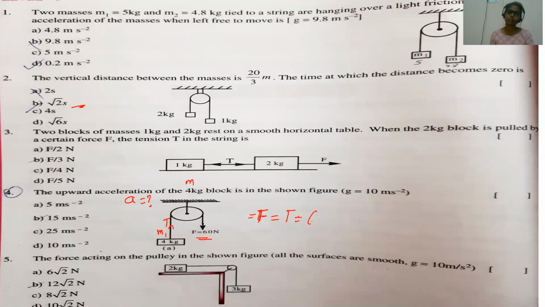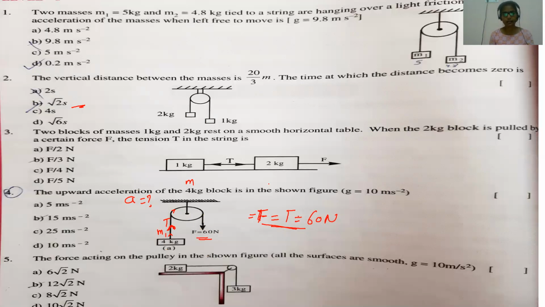You know how much force they've given? Here 60. So tension is also 60 newtons only. Understood why? Because same rope. What force we are pulling, the same force will be pulled from here also, and here also, any point on the rope you can take. What force we are pulling, the same tension will be there on the string. Tension is nothing but the applied force only, 60 newtons. And you need to find acceleration, children. So how to find acceleration?